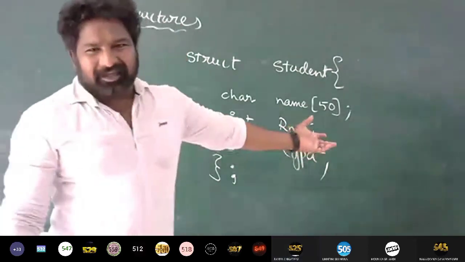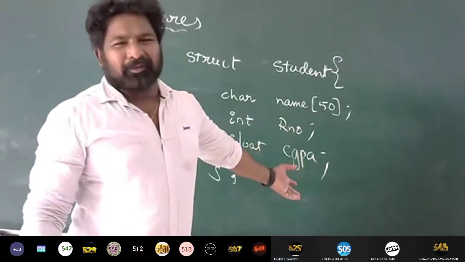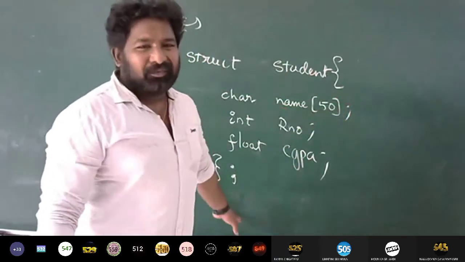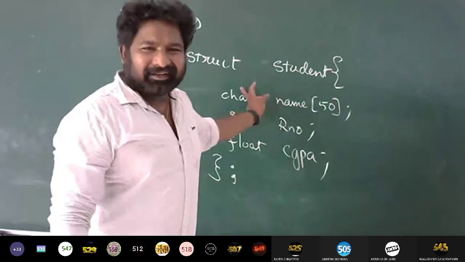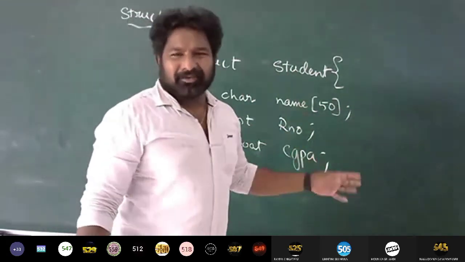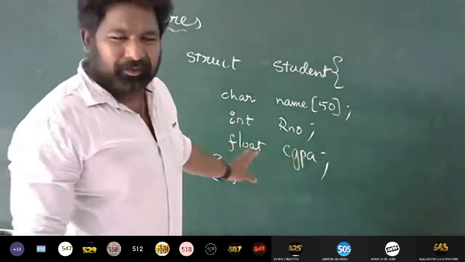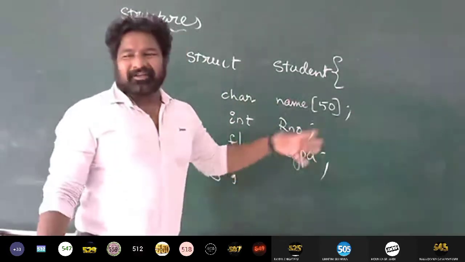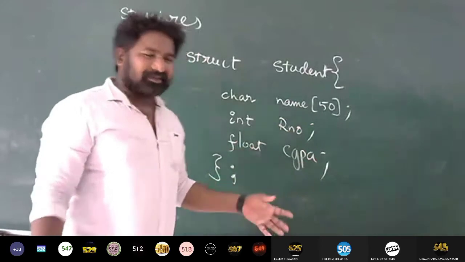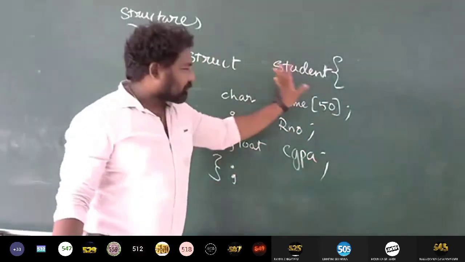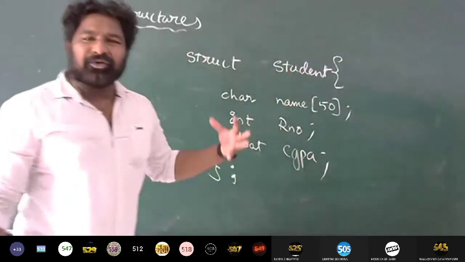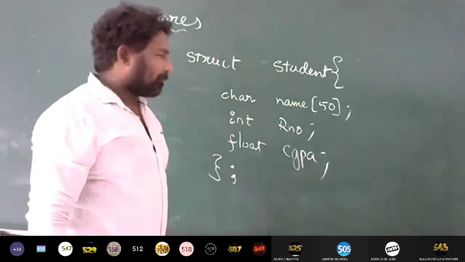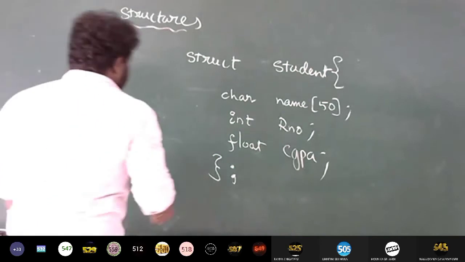So this is nothing but an array, Nana, right? You can write this also, no problem in that, because in our student structure, we included an array of character type inside the structure. Just coming to this concept, I'm revising all the things that you have learned so far, or learned many times in the class. So structure, student, and these are the members. And how do you close the structure? Closing brace followed by a semicolon, right?